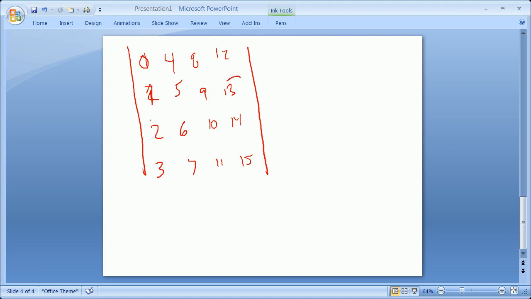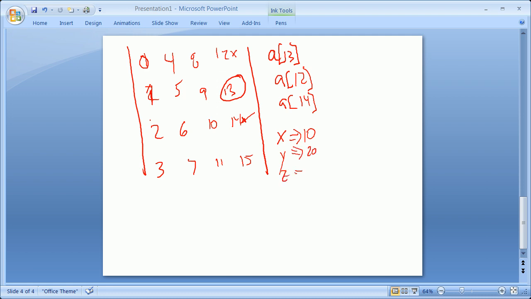So if you want to go to this position, so you want to change the Y, it would be, if the list was, or the array was A, it would be A in the 13th position. So if you wanted to change this position, it would be A in the 12th position, and if you wanted to change this position, it would be A in the 14th position. So if you wanted to change the X, the Y, X wanted to go to 10, Y you wanted to go to 20, and Z you wanted to go to 30, you would add a statement like this: